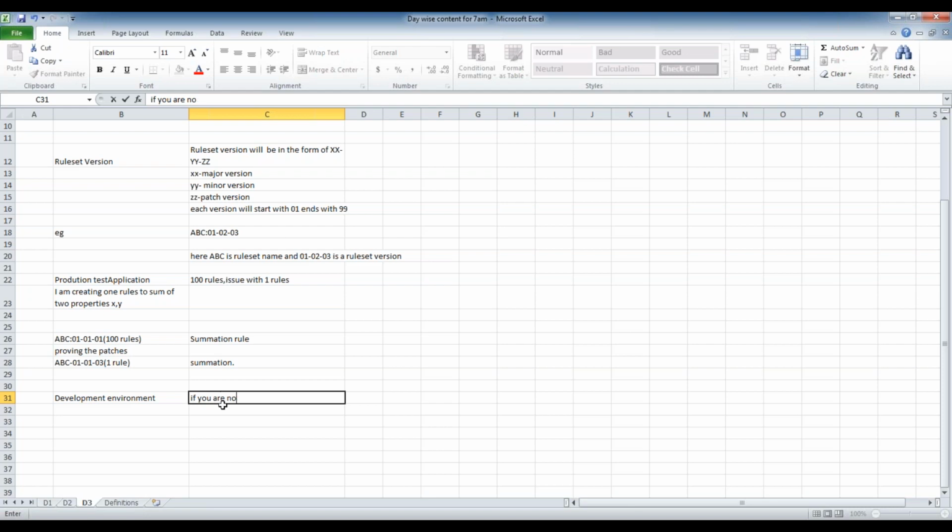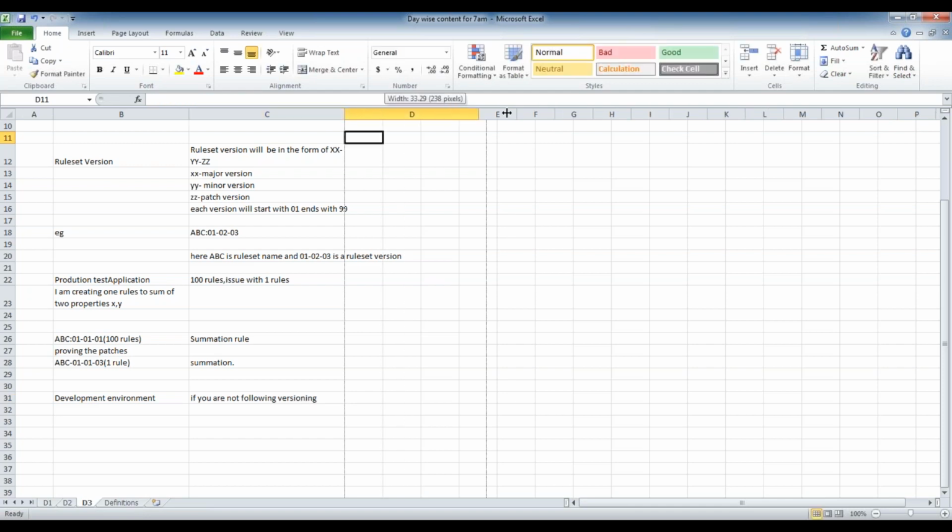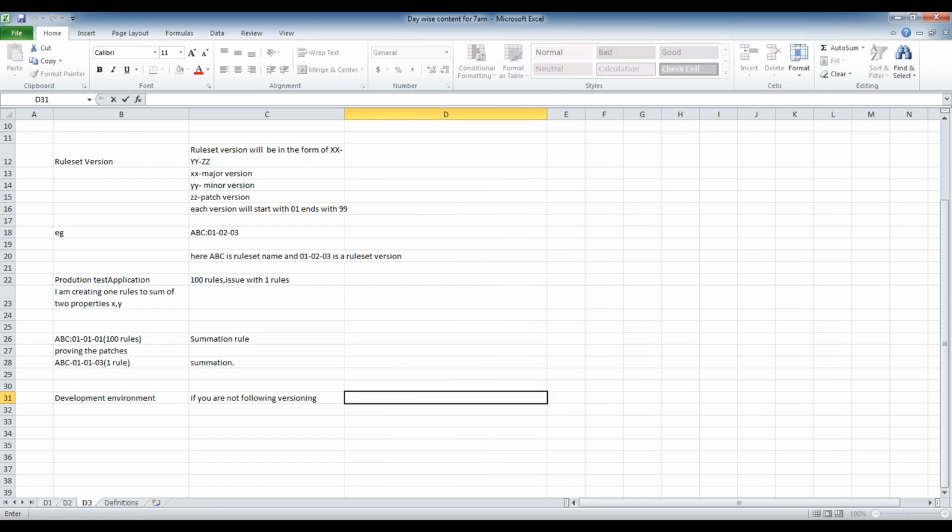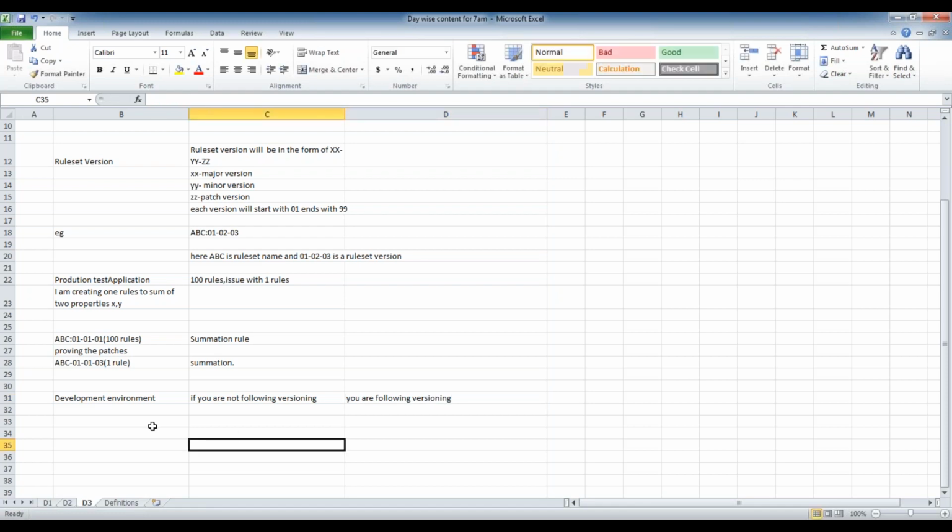If you are not following versioning, and here you are following versioning.